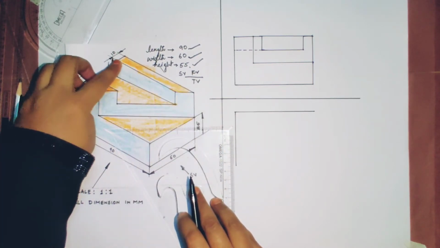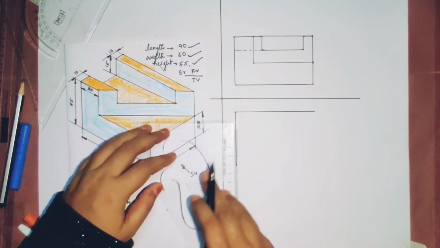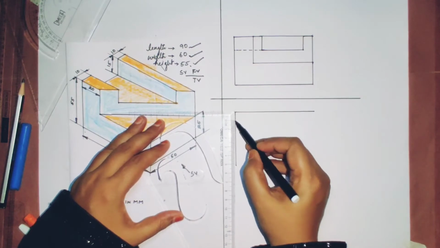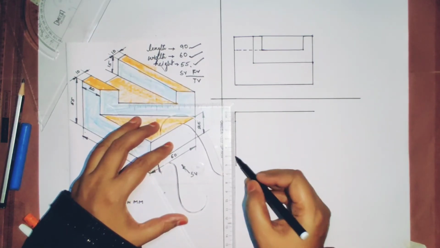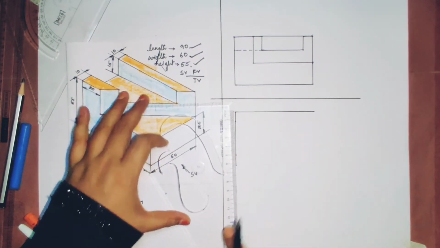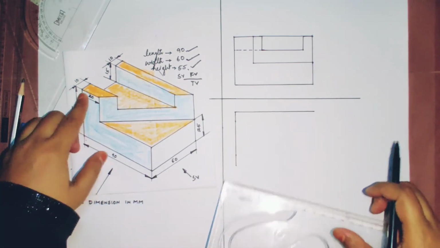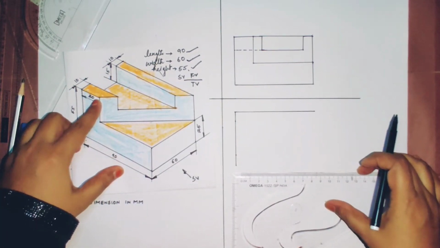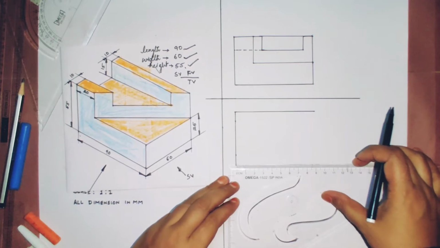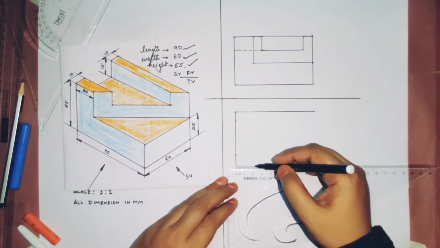Now 90 and 60, then here again if I pull it towards this side, this part will come here. So from the top it is 10 and from the bottom it is 10. So draw 10. Okay, and here also it is 10. Now what is happening? From this part it is 20. So mark 20.